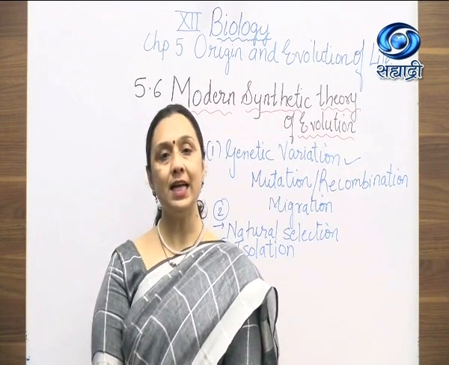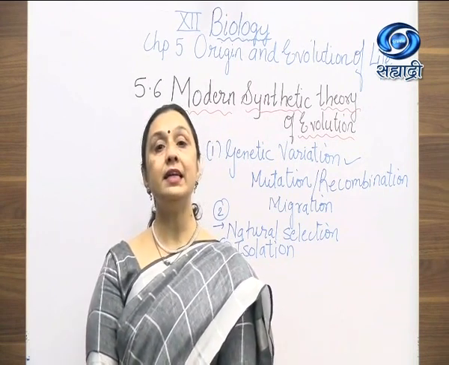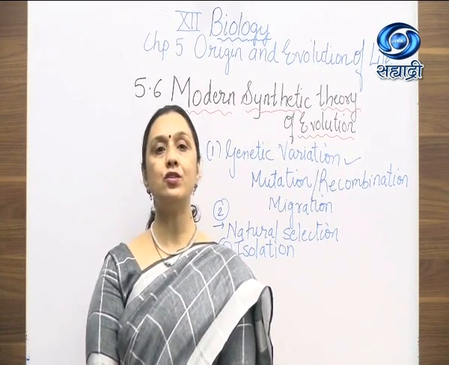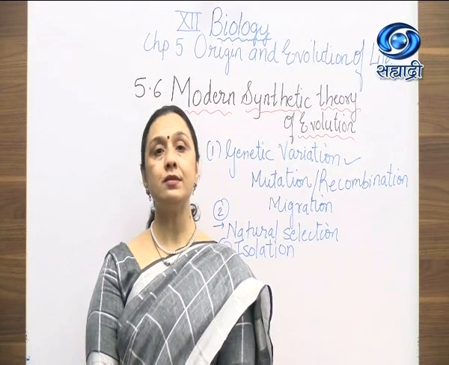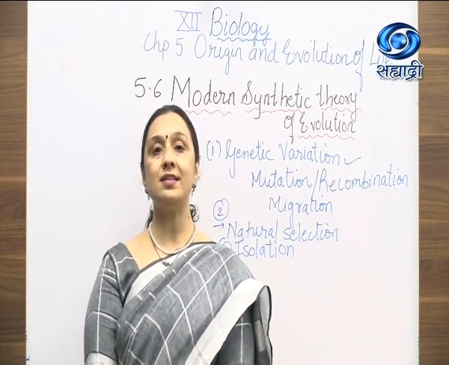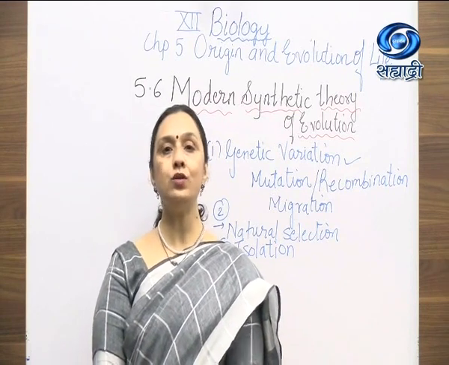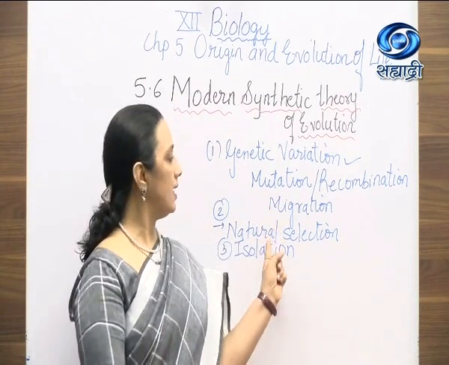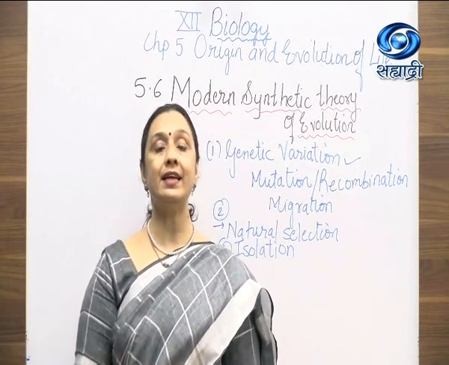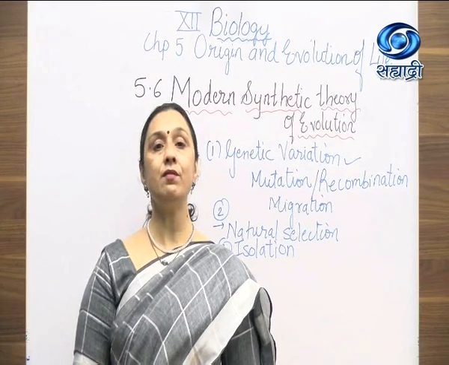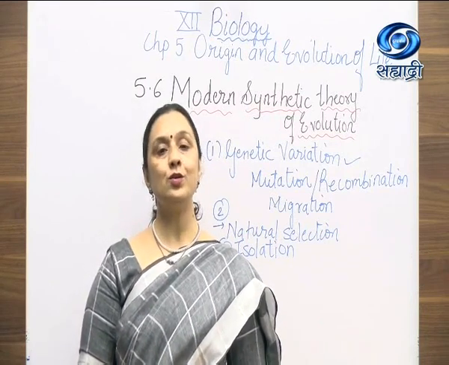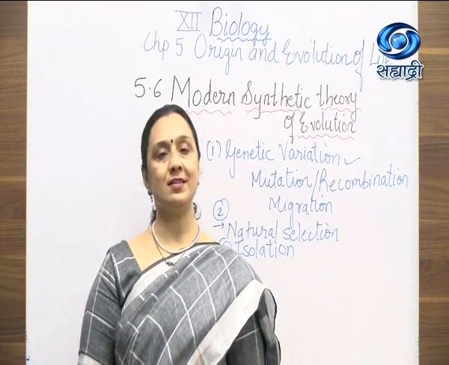Today we are going to proceed and study in detail the different types of mutation, how gene mutation occurs on a chromosome, deletion, duplication, aberrations, and how they cause a change in the gene. We will also discuss two important factors: natural selection, how nature plays a very important role in selecting a species. And finally, we will conclude the modern synthetic theory by studying isolation. So let us begin with a PowerPoint presentation.